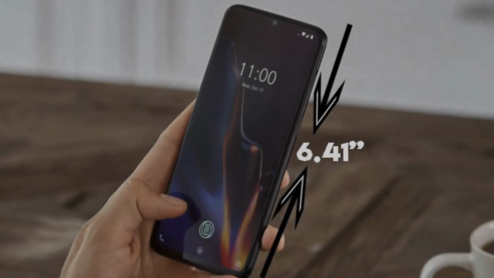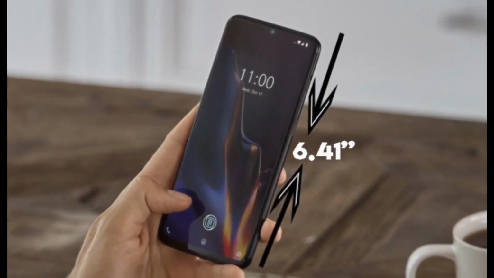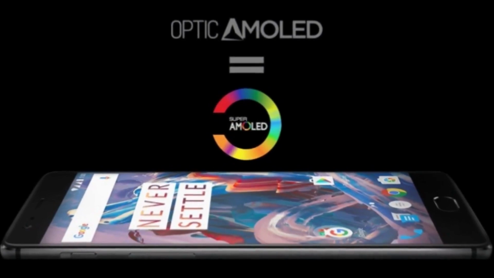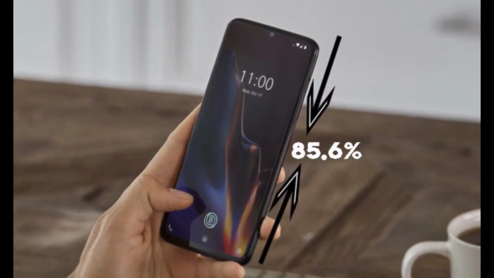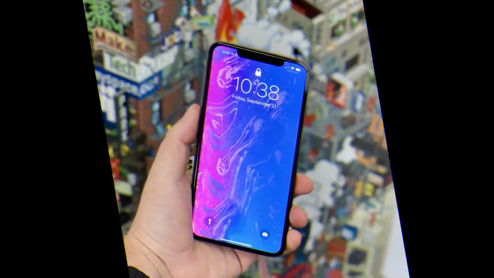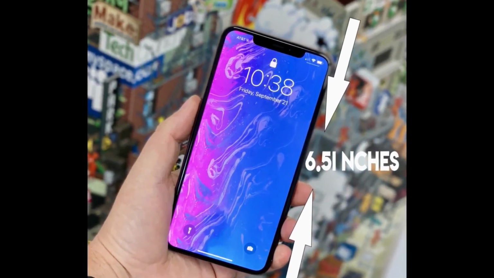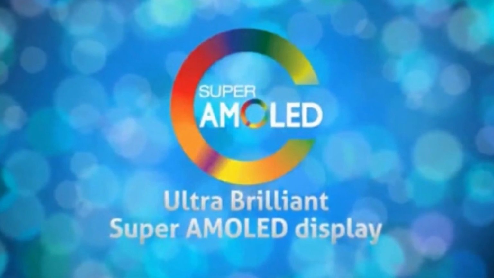So first of all, we have the displays of both of these devices. So first, the OnePlus 6T has a display size of 6.4 inches and the display is Optic AMOLED display with 85.6% screen to body ratio. And if we talk about the iPhone XS Max, then it has a display size of 6.5 inches, that is a little bit bigger than OnePlus 6T. And here the iPhone XS Max has the Super AMOLED display with